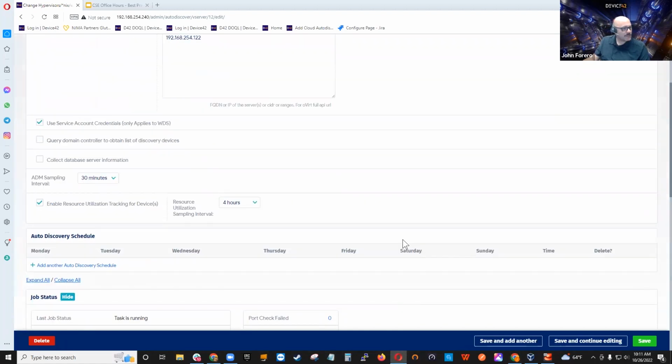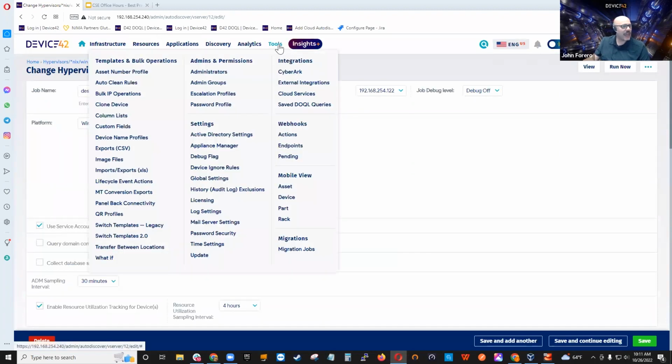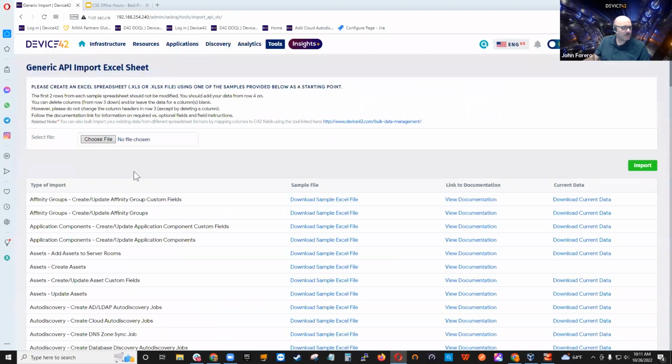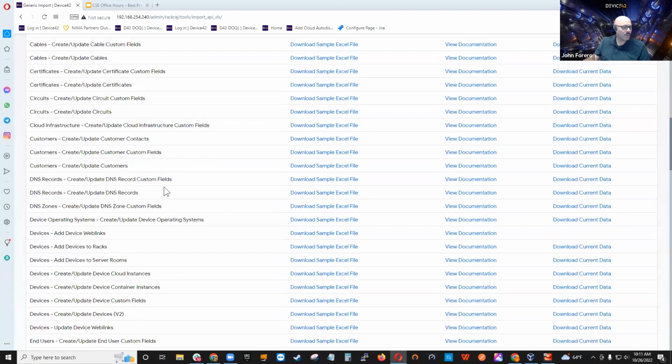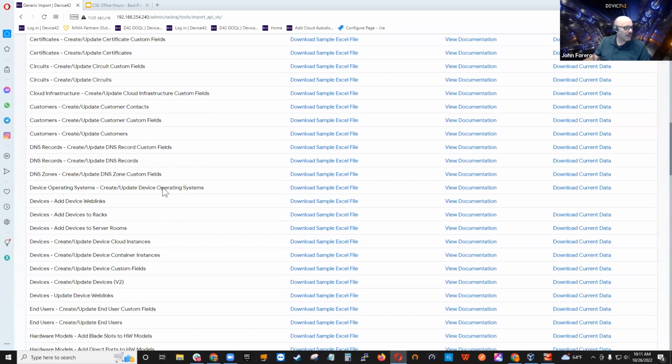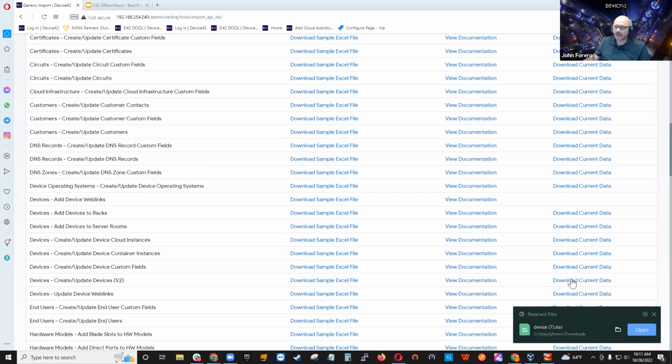Perfect. The other one that I'm going to show you is adding tags via the imports and exports. So basically I can go to our imports and exports page. Let's say I wanted to do that for one of my devices or a bunch of devices on there. I can definitely do so. So I'd go to my devices, create update devices v2. I'm just going to download my current data